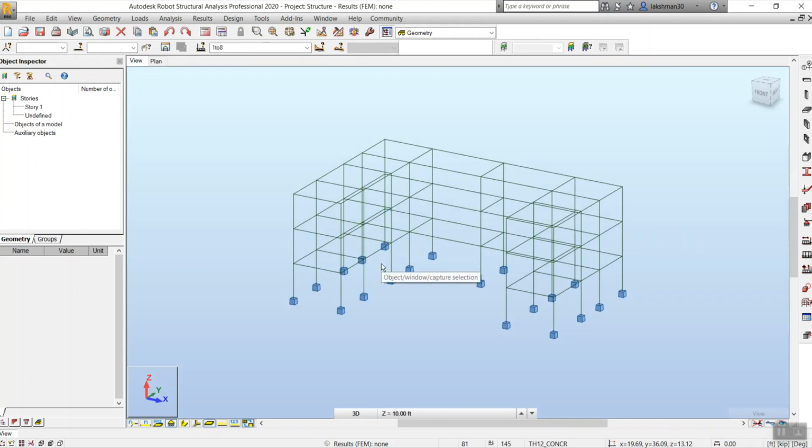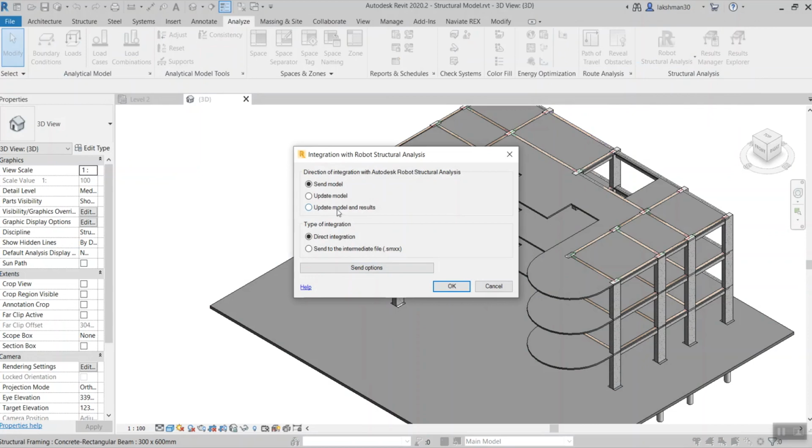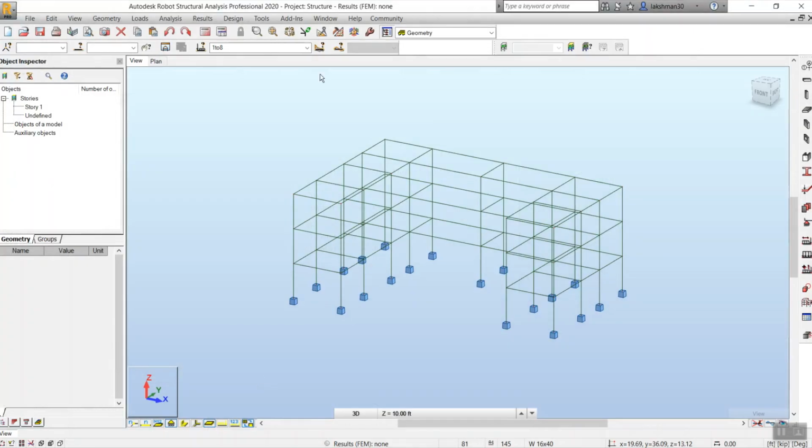So the two options we have seen now. The first one is direct integration, which opens your robotics analysis directly and places the model over there. If you don't have the robotics analysis in your system and you are going to pass it to another system, you use the option send to the intermediate file, so it will be saved in the local system and you can send the file to your colleague's system, and there he can open the robot, and from add-ins you'll have an option called integration.